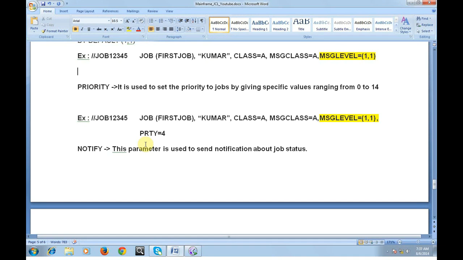So I want to make my job a priority. Then we need to use a keyword parameter called PRTY, which assigns the priority to your job. It ranges from 0 to 14. The higher the number, the higher the priority.